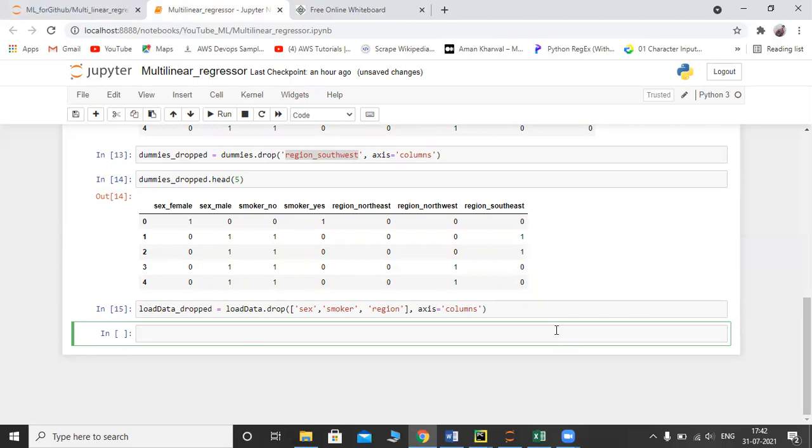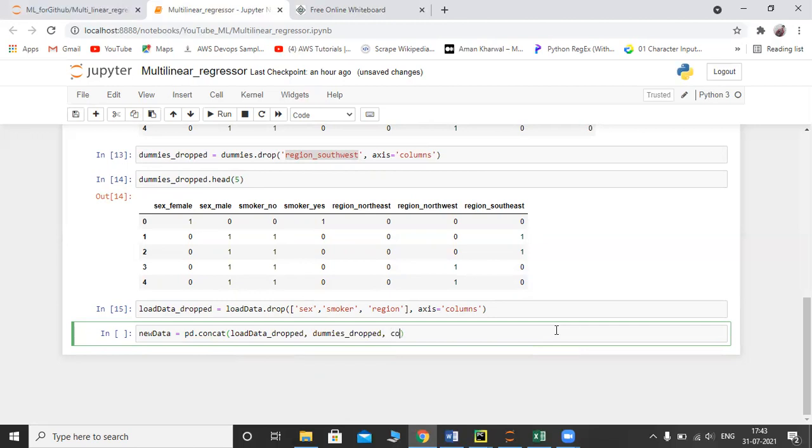Now we need to see how our new data set looks. So new_data is equal to, I am going to concatenate using pd.concat. I'm going to combine load_drop and dummies_drop. How do I want to join?